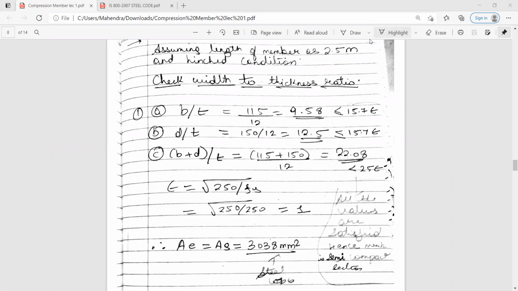Yes, the value of A, and that is not AS, that is AG. AG is nothing but the gross area. जो आप ग्रॉस एरिया टेंसाइल मेंबर जब कैलकुलेट करते थे तब भी आप ग्रॉस एरिया कंसिडर करते थे. सेम ग्रॉस एरिया हियर आल्सो यू हैव टू कंसिडर. सो वो आपको आईएसए जो आपका स्टील टेबल दिया, जो आपका इंडियन स्टैंडर्ड एंगल क्वेश्चन में दिया है, सेम दैट यू हैव टू टेक, एंड उसमें से आपको एजी की वैल्यू मिलेगी फ्रॉम द स्टील टेबल.